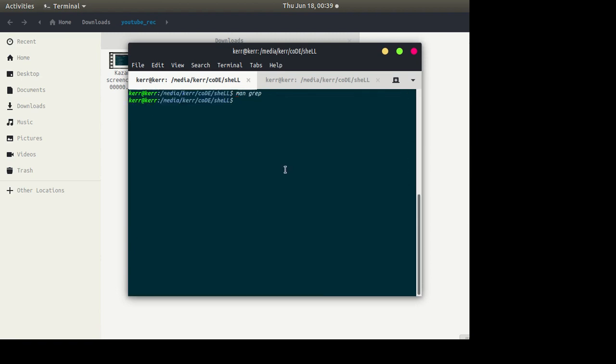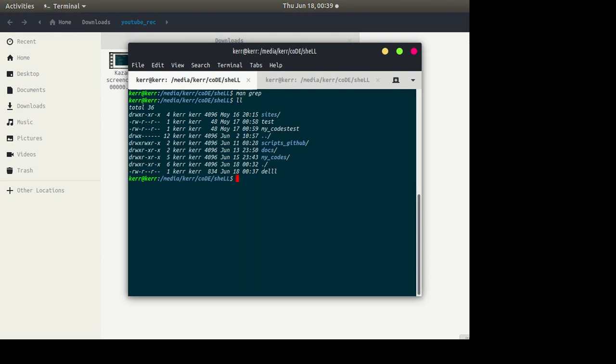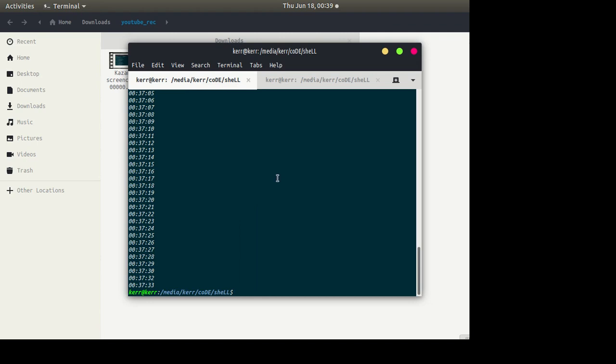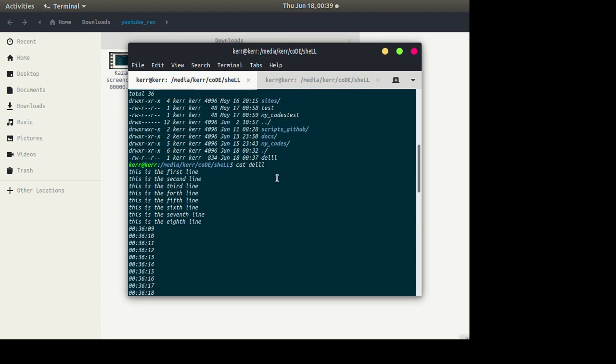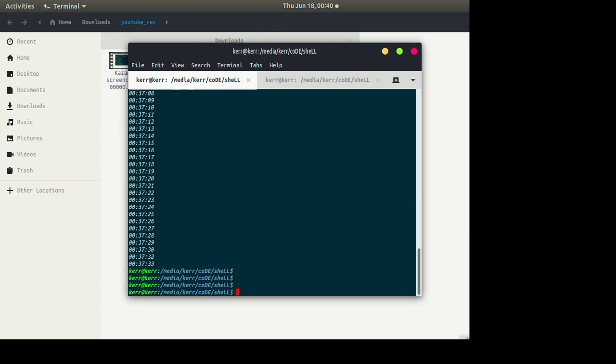So let's say you have that del file. What is the content of the del file? It is this, what you have written. Let's say you want to find the pattern fourth in this del file. For this you can use grep, and there is no need to give any option. You just give the pattern that you want to find and the file name.